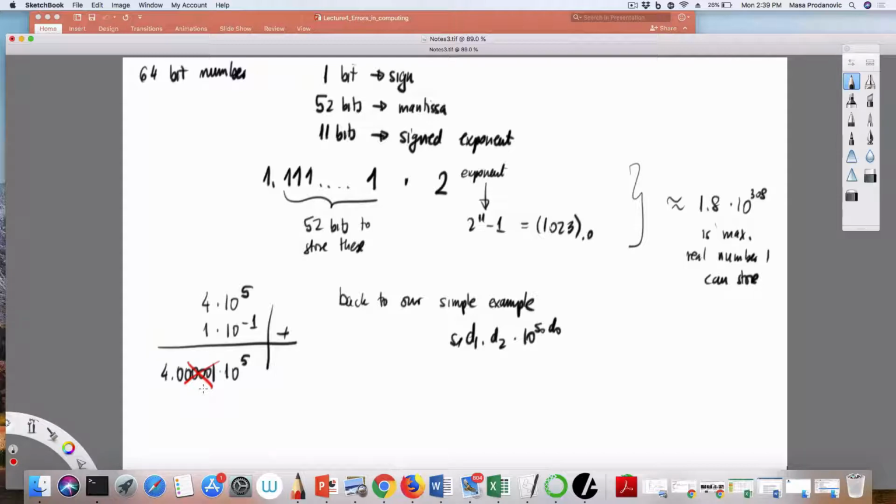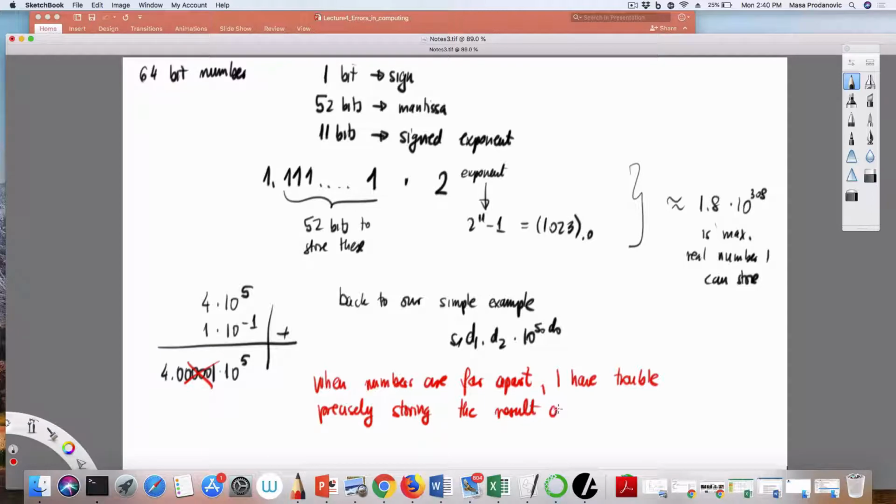So when numbers are far apart like this, I have trouble precisely storing the result of an arithmetic operation. And this could be plus, minus, dividing. Typically when I'm adding a very large number and a comparatively small number, this small number will be kind of chopped off. If I also have numbers that are very similar in size,